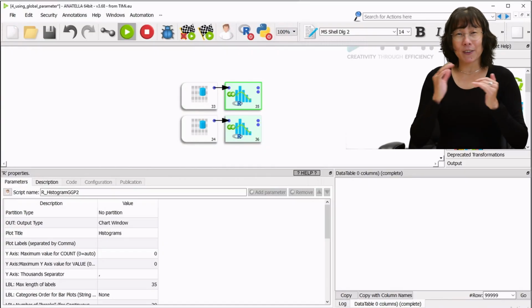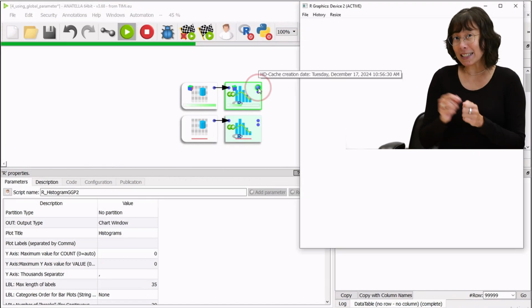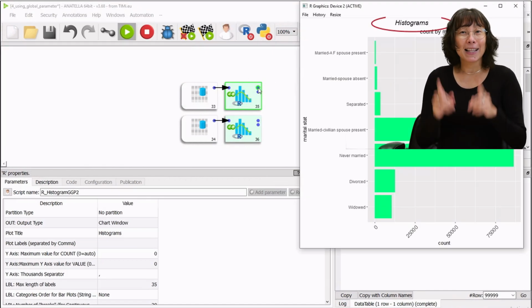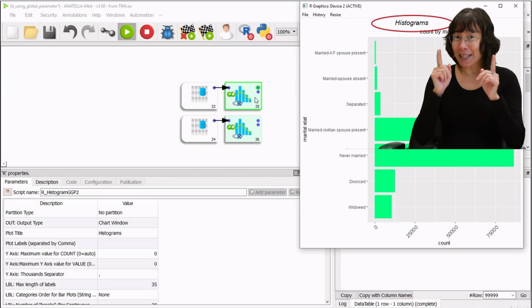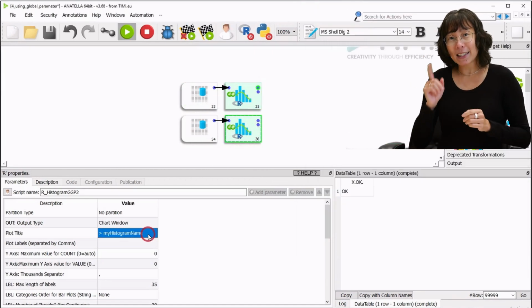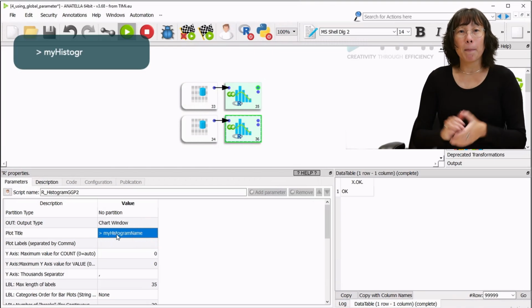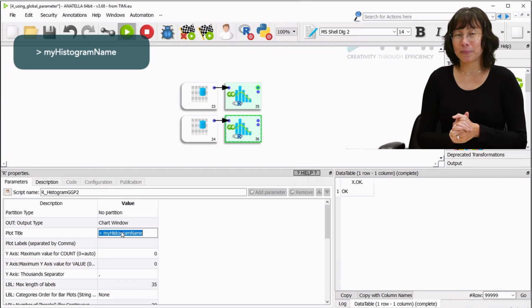Let's look at another example of using the magic character. Here, I've created a simple bar chart with a title that is currently set to histograms. Let's make this title dynamic. To do this, open the histogram box and set the plot title parameter to the magic character followed by my histogram name.